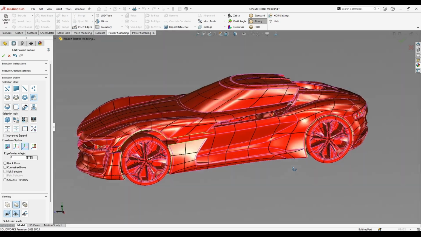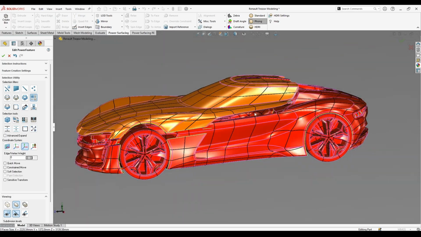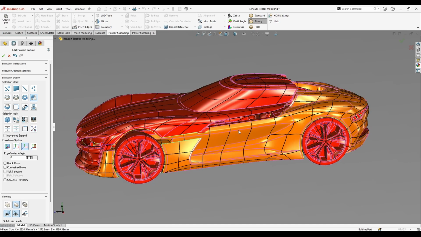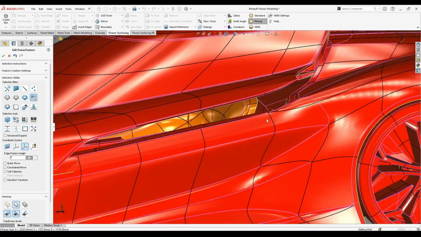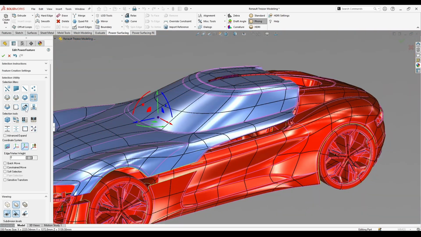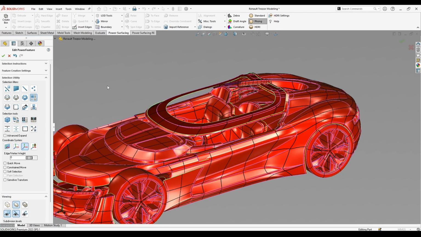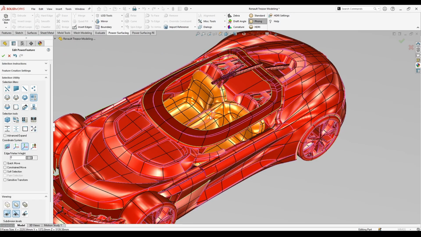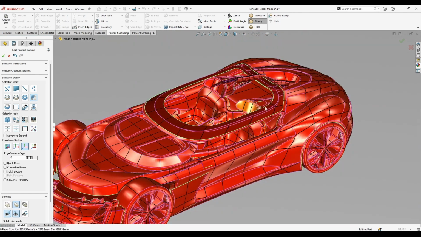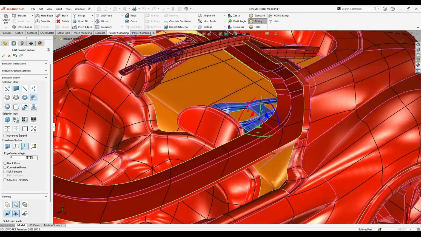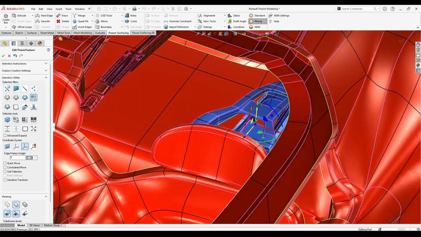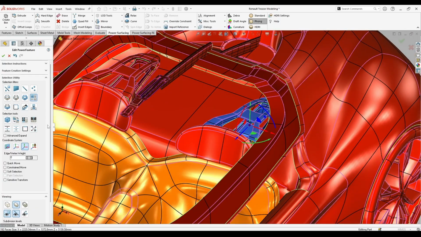So let's say I just need the interior or this part of the interior. I'm gonna just select, let me just hide this, okay, and I just want to isolate this part. So how can I isolate this easily? I'm gonna go to, after selecting it, go to invert